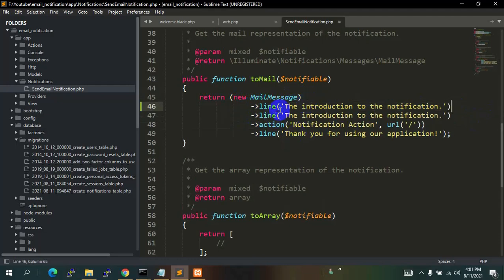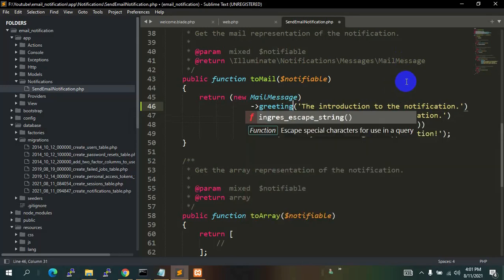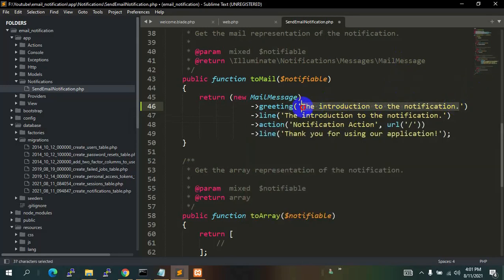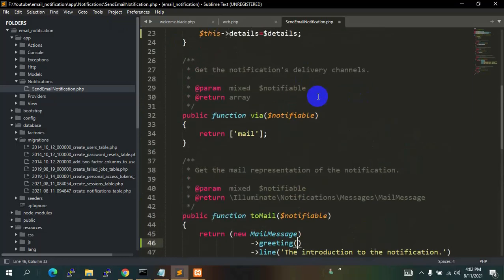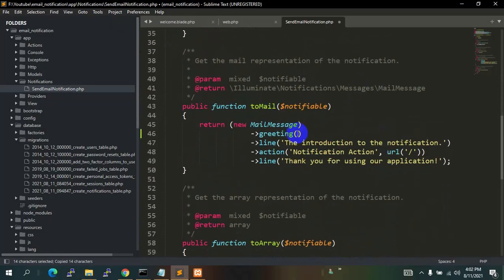So over here instead of line, let's say greeting, and inside this let me just copy these details, Control C, and paste it over here, Control V, and we'll give square brackets and two single quotation marks, and inside it we'll say greeting.